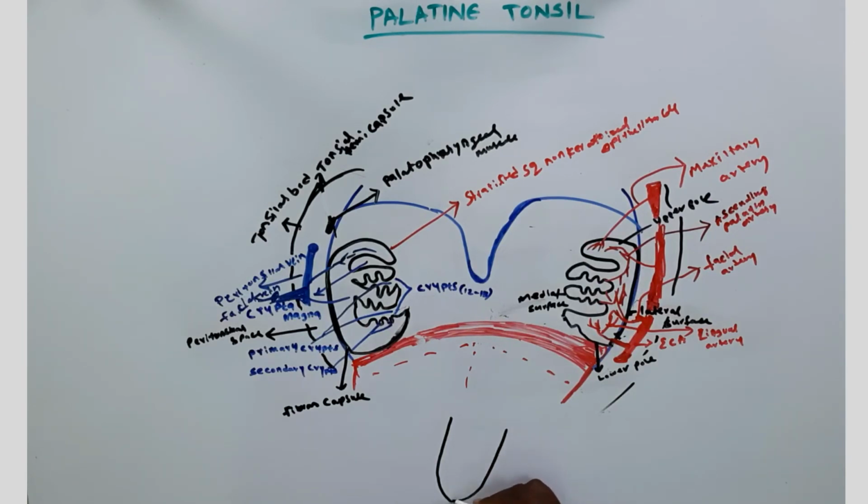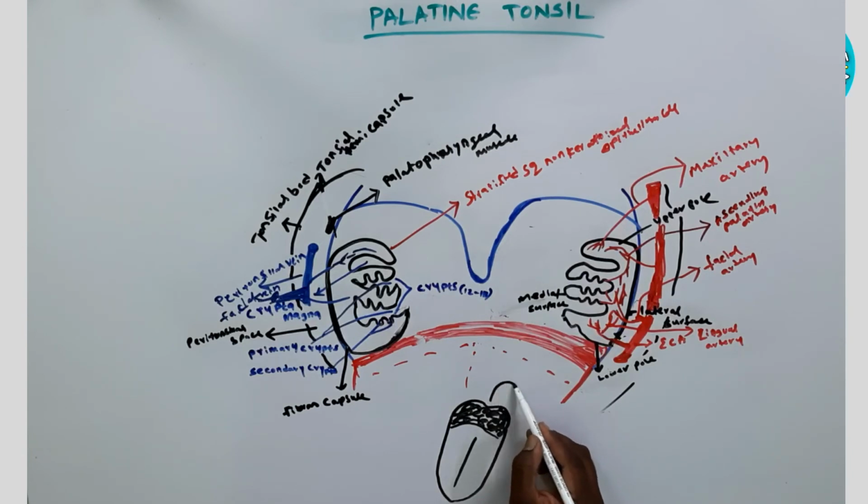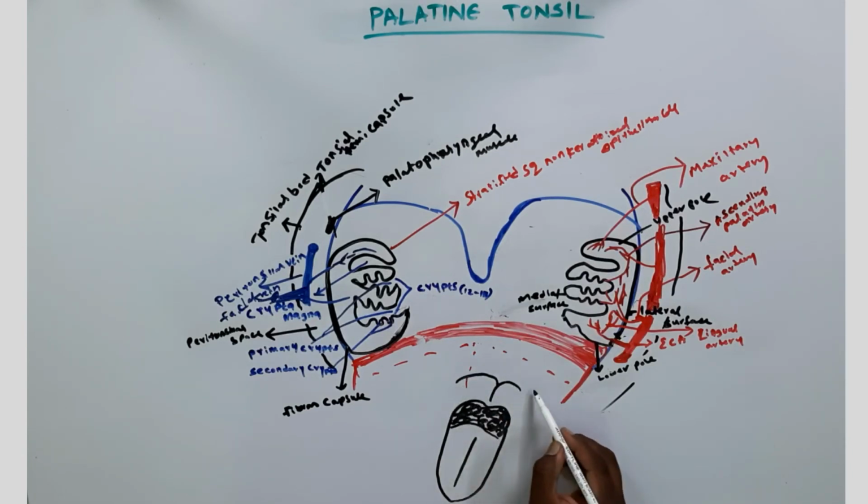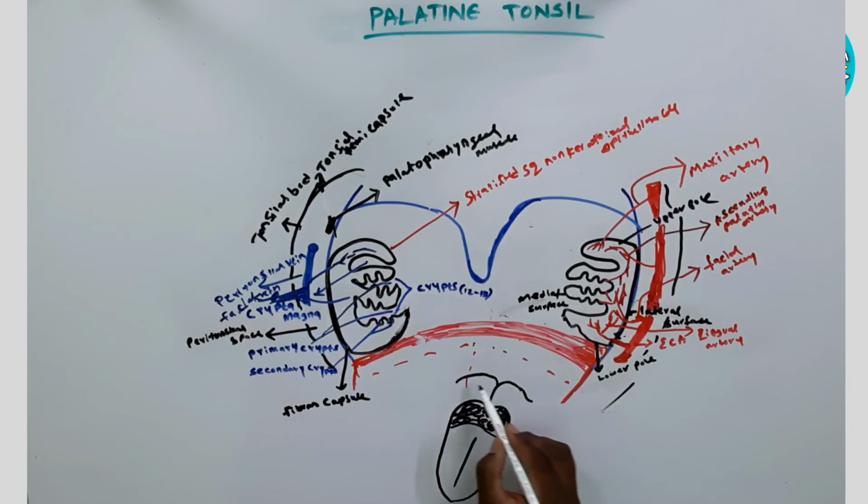Now I am going to show you the exact presentation of your palatine tonsils in a rough diagram which I'm drawing right now in the lower part. It is called the lingual tonsils, that is the posterior part of the tongue, the posterior one third of the tongue. And now I'm showing you another part, also the posterior part of your tongue, which is called the epiglottis.